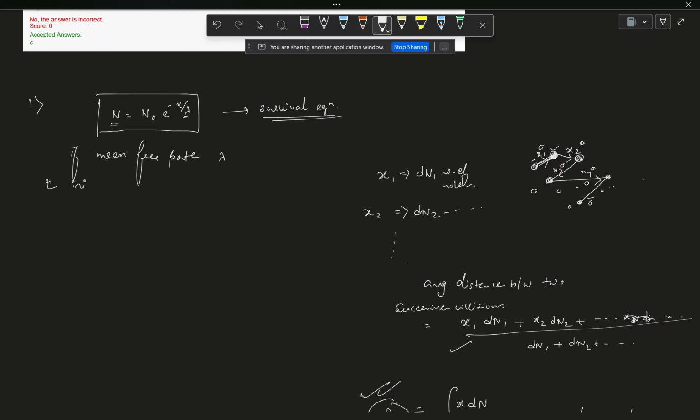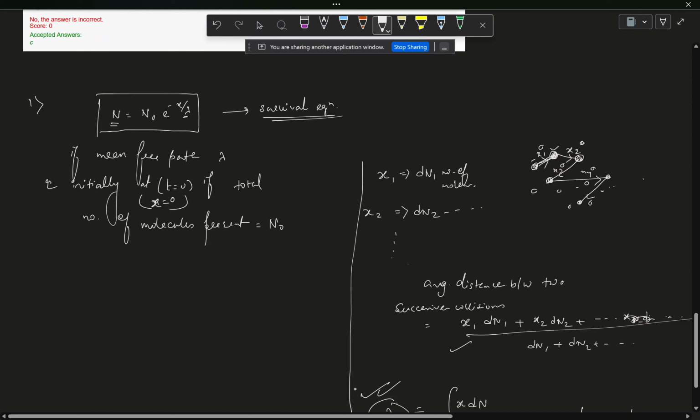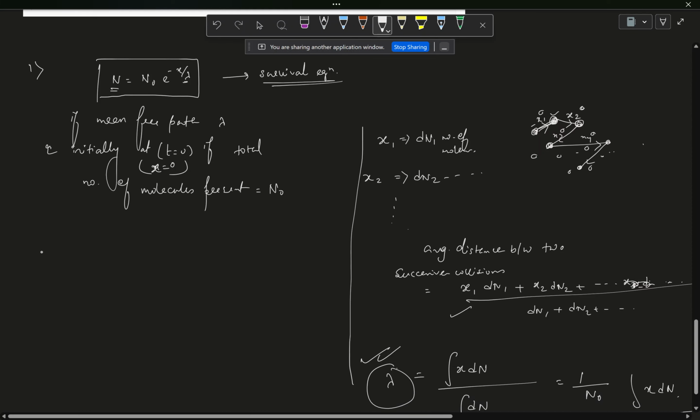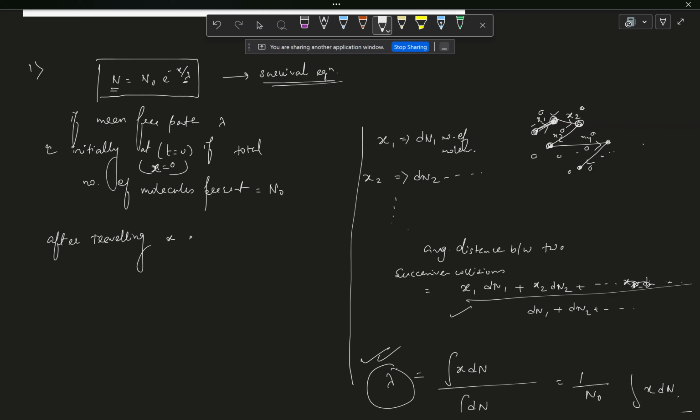and initially, before any collision started, let's say at initial time t equal to 0 and x equal to 0, it has not started traveling any distance. If the total number of molecules present is equal to n naught, then after traveling x distance,